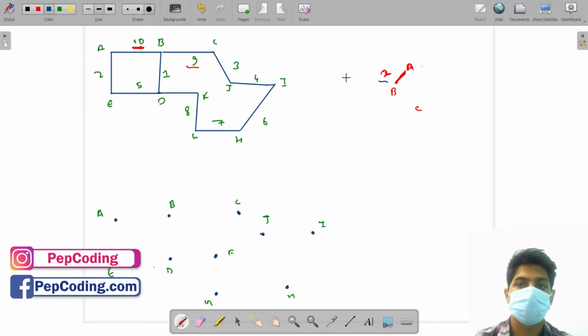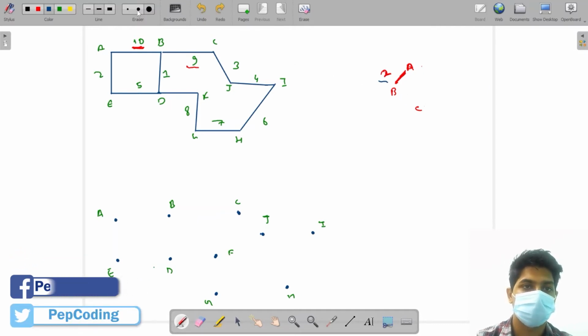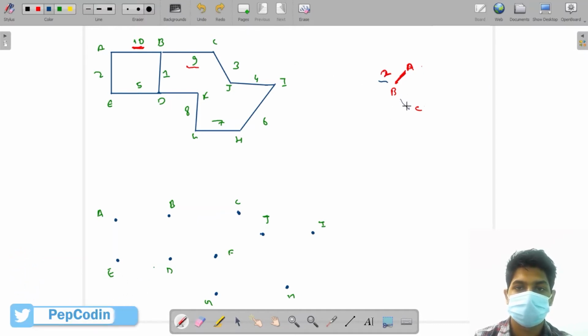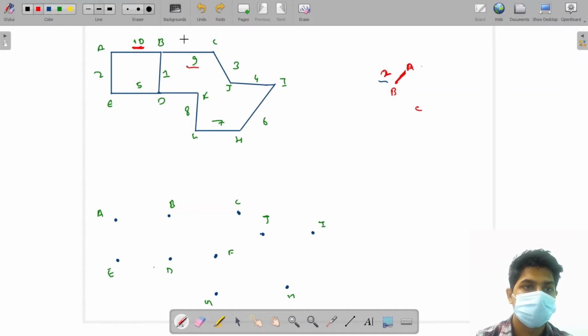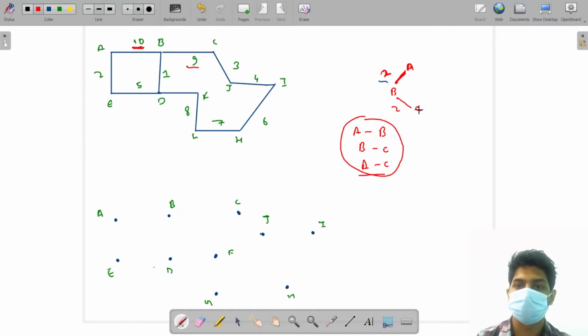Okay, so one possible option is this. Okay, let me show you that option, what we can do. Just 1 second. Let me redraw the graph. This was 2 and this was 10. Okay, now one possible option for this is that I can remove this particular edge from A to C. Okay, now if I see, I am still able to connect all other nodes or all other computers in the network. I'm able to connect from A to B, I'm able to connect from B to C, and I'm able to connect from A to C. So this is one of the possible options, to remove this particular edge.